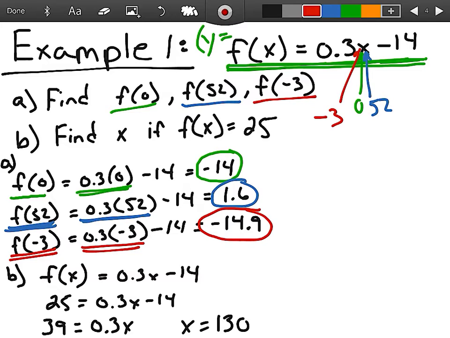It's a misprint out of the book, Matt. They mean 52. All right, so then